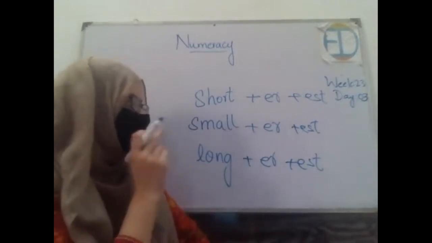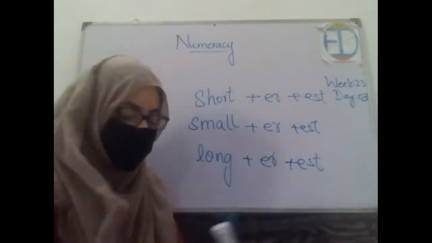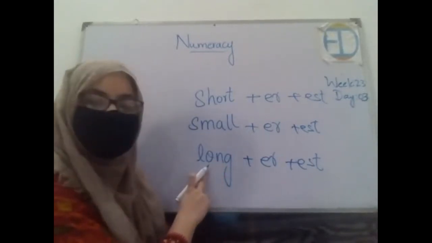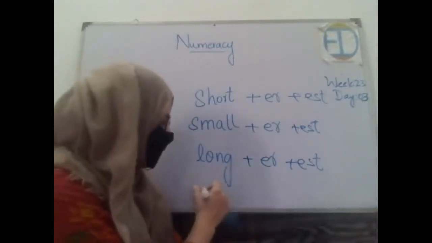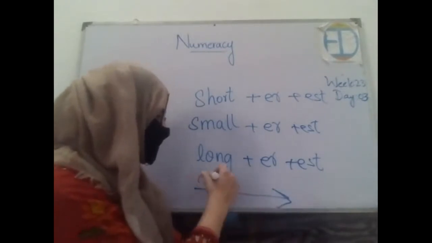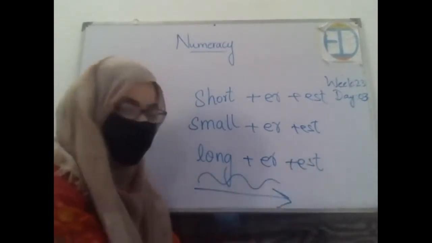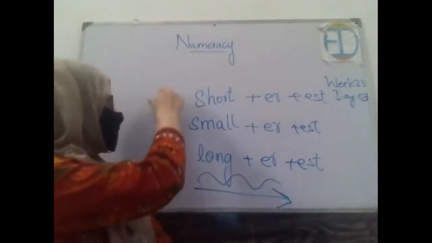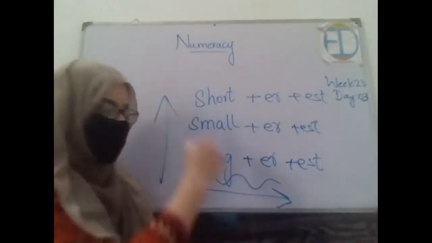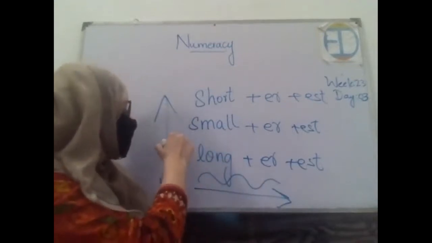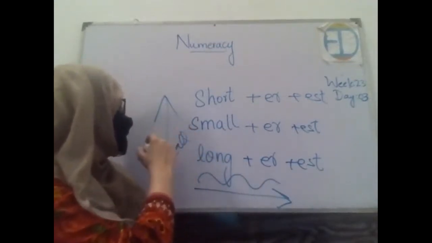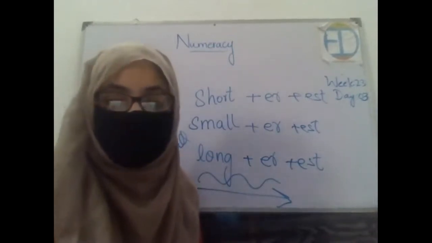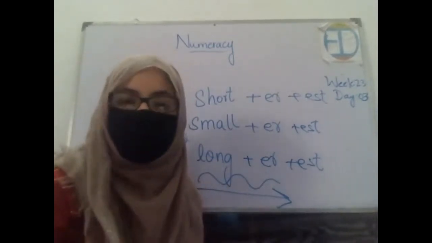So the same method. And one another point that I was telling you is that we talk about something being long when they are in this manner. You know, a snake is long like this, right? A snake is not long like this. And when we talk about the height of something in vertical direction, this is vertical and this is horizontal, we call this tall, right? The zebra is tall in this manner, the zebra is not tall in this. So this is the important difference that you have to memorize.